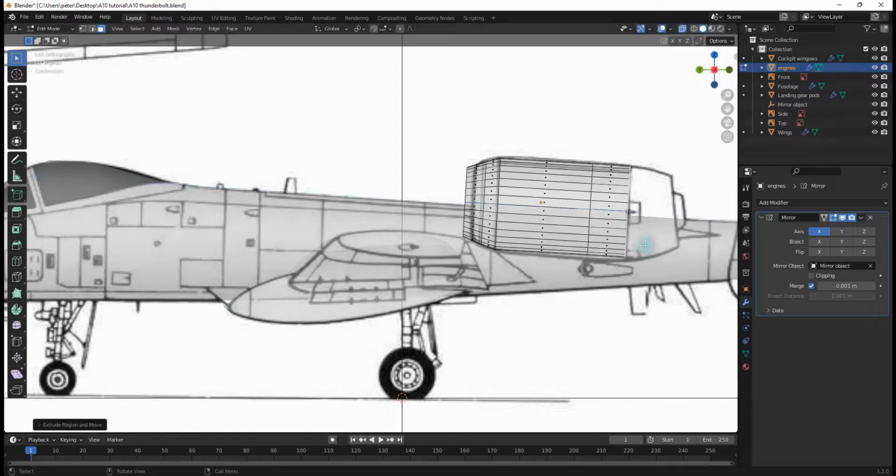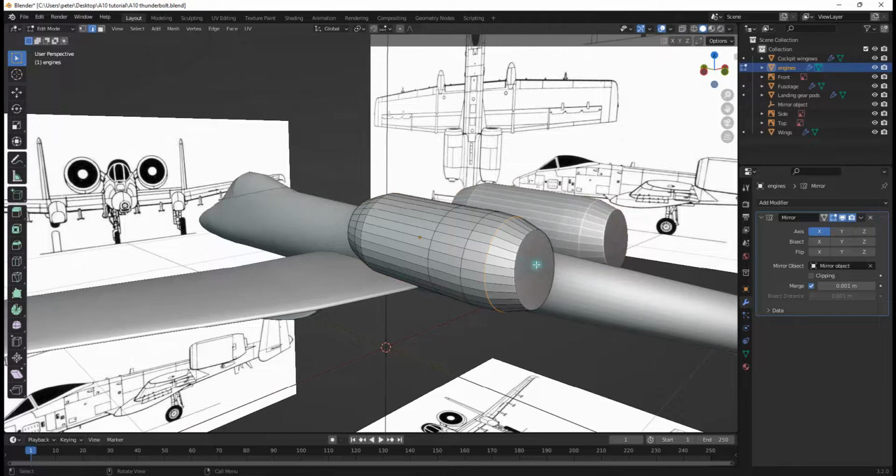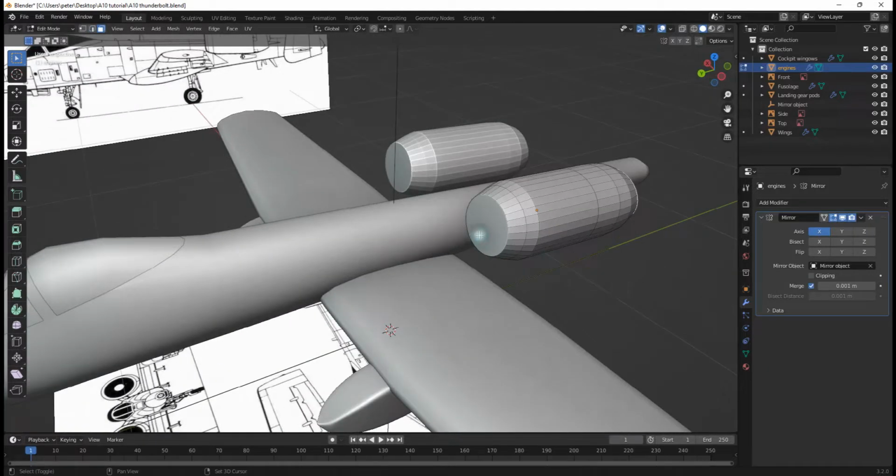E, and then E, R, and then S, G, R, S, Control R, then S, and now that's like that. And what I'm going to do is tab into edit mode, select these two front faces, then